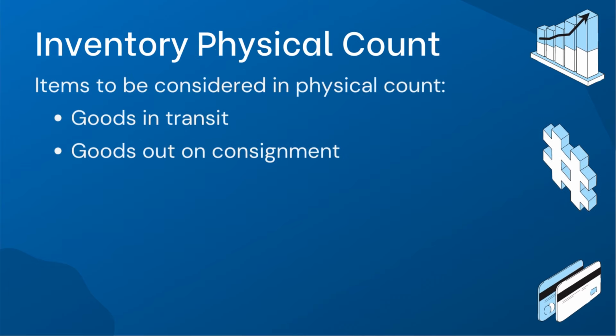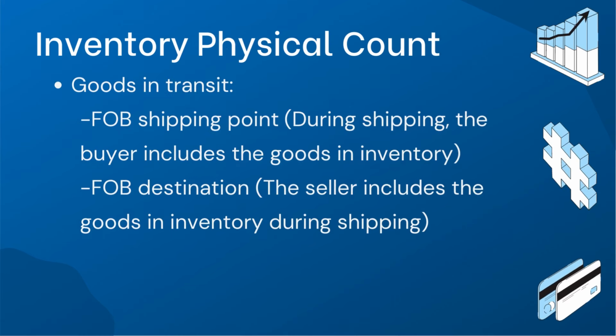Goods in transit and goods out on consignment are important considerations when counting physical inventory. Goods in transit include items that have been shipped but have not yet arrived at the buyer's location. If the shipping terms are FOB shipping point, the buyer includes these goods in their inventory. On the other hand, if the shipping terms are FOB destination, the seller includes the goods in their inventory until